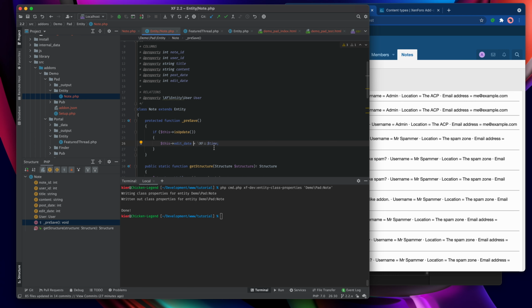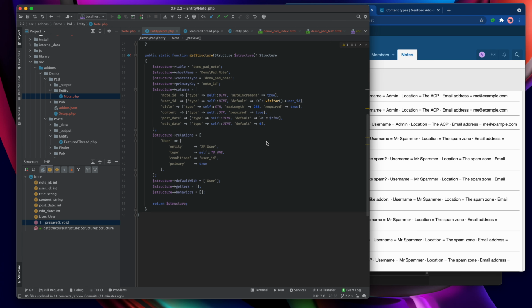Now let's talk a little more about some magic properties that entities have. And one of those is the ability to define in the structure the fact that we want to censor the title and the content. And by censor, I mean apply the standard system-wide censor filter for words that we deem to be unacceptable. And it's as simple as this.